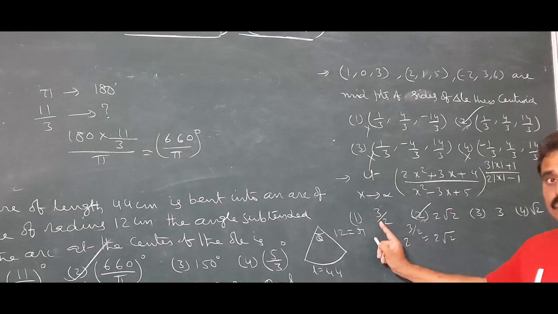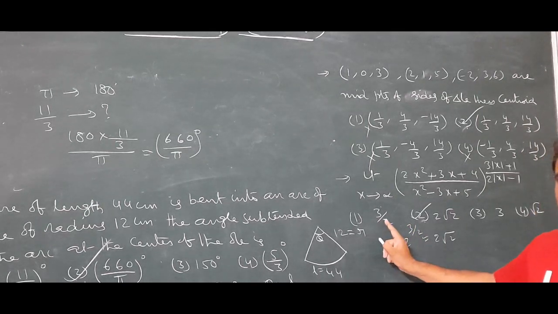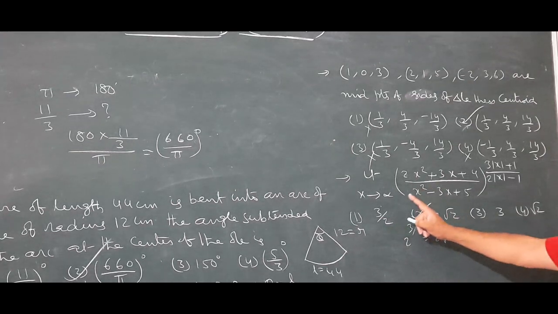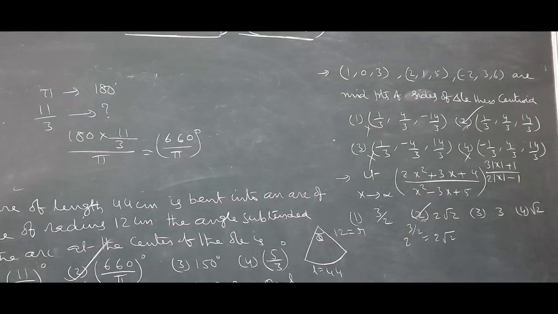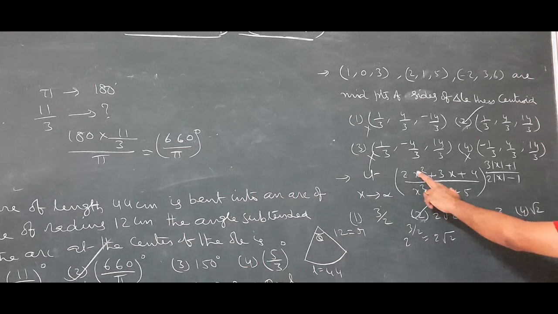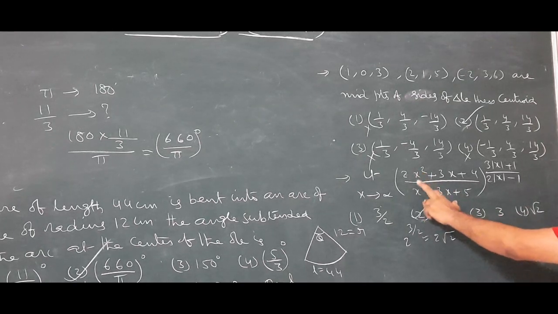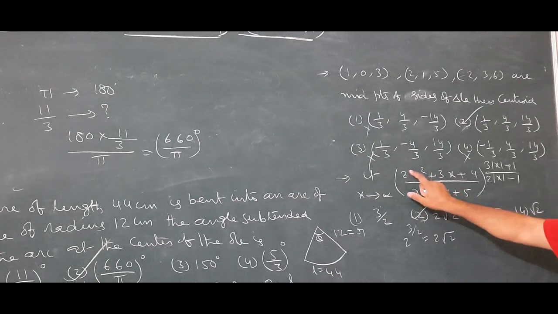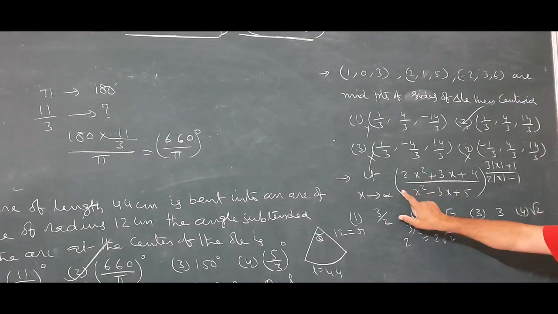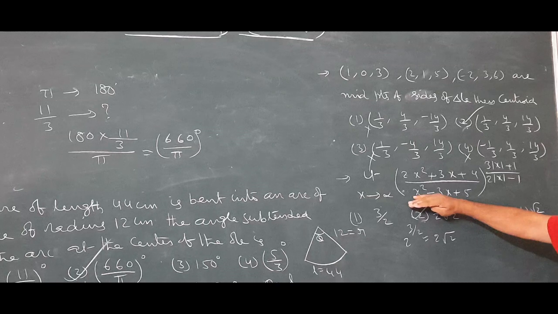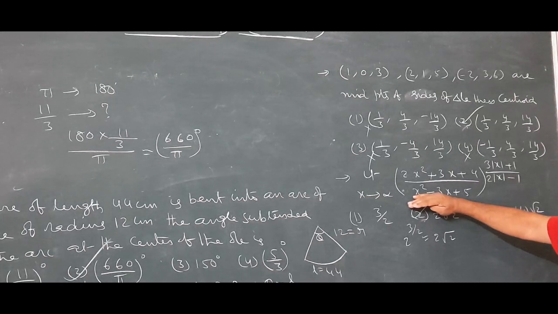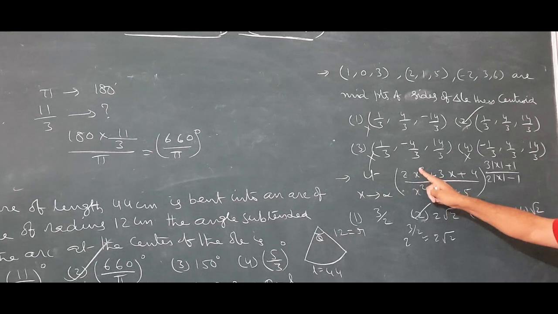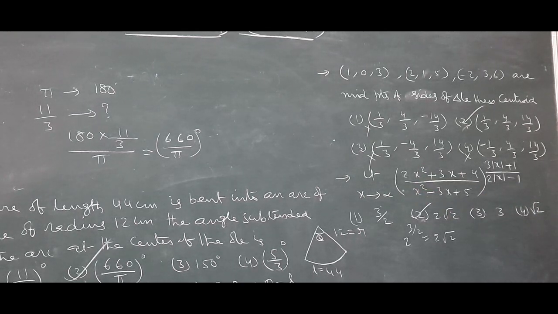But here, 3 by 2 is also there as an option. Whenever x tends to infinity in the polynomials, numerator and denominator, it is second degree, take the leading coefficients, x square coefficient here, also x square coefficient. Sometimes, if x cube is there, you have to take the x cube coefficient up and down. If there is no x cube term, in that case, 0 by 2, like that.